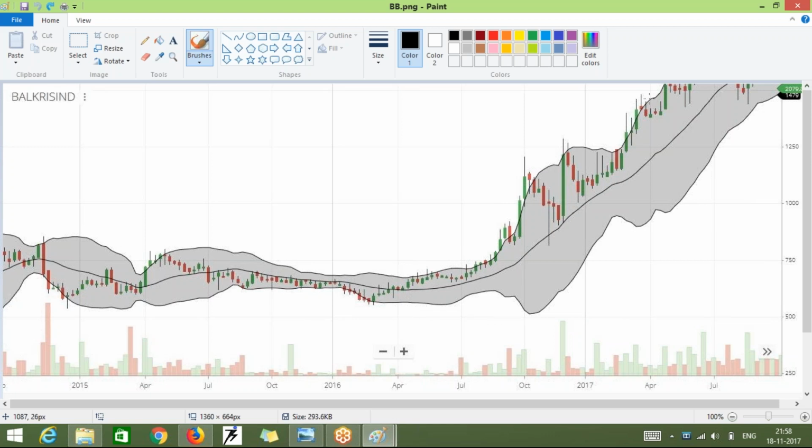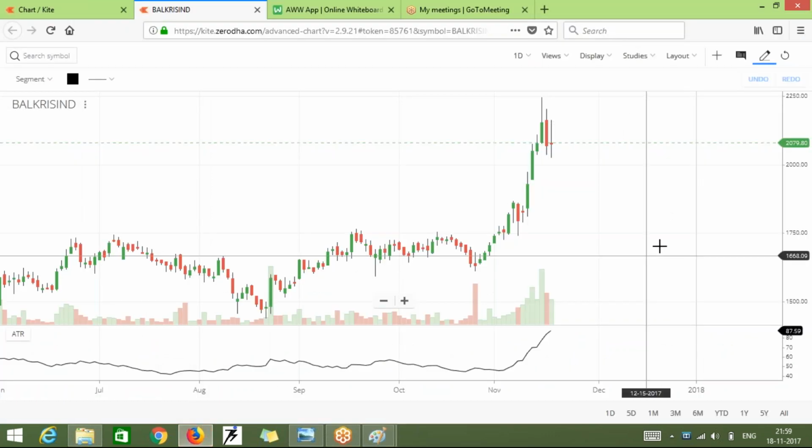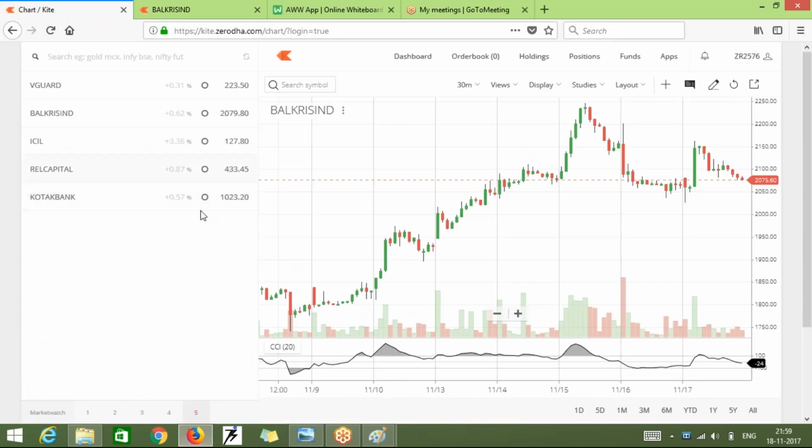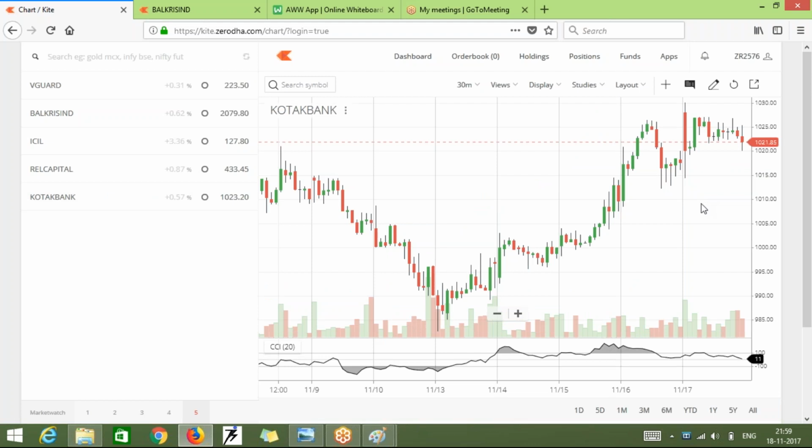Now, the second type of trading cannot be explained in this chart. Just a minute. Till the time I'm finding a chart to show the two types of trading which can be done with Bollinger Band, you can note down that the second trading can be with the W and M pattern, which is formed in the band itself. It's not a chart pattern I'm talking about. It's the candlestick pattern inside the band itself. It's very effective, the W and M pattern.